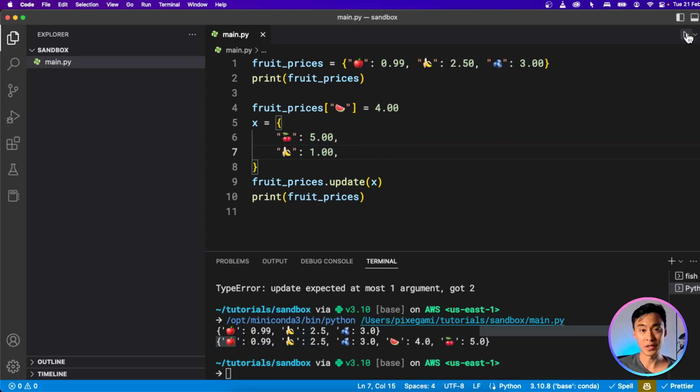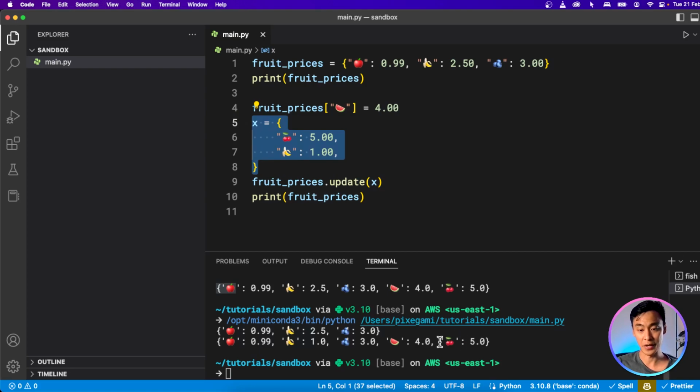And now when I run this, you could see that when I update it based on this dictionary, not only do I add the cherry, but I also update the value of the existing banana. So this syntax is very useful if you want to do multiple operations at once to the values in a dictionary. Otherwise, if you just want to add one thing at a time, you could just do it like this. And if you want to remove items from a dictionary, you can also use the pop method like you did with the list.